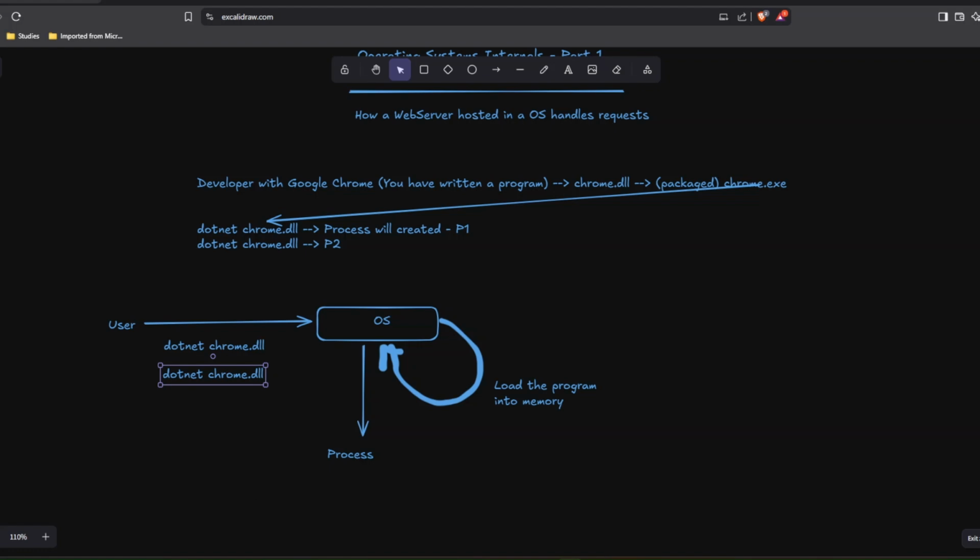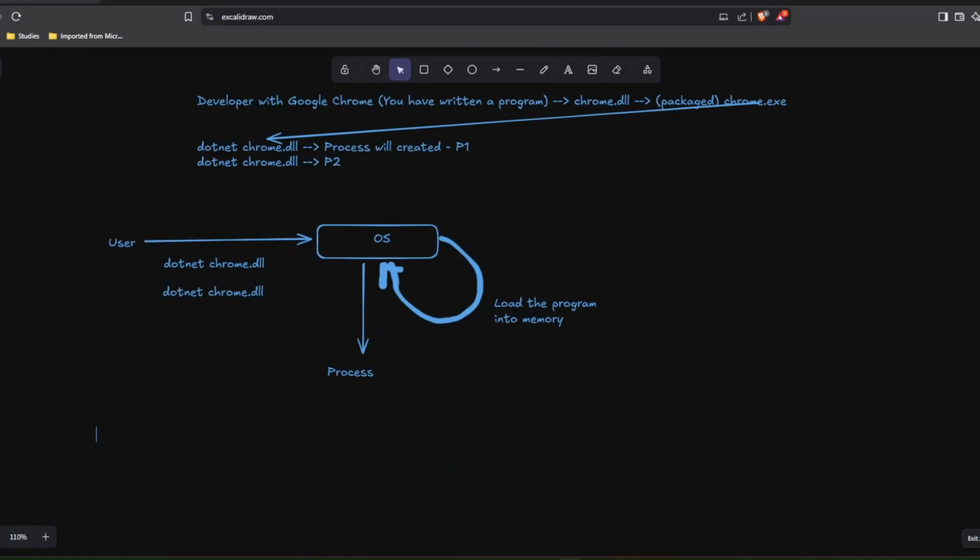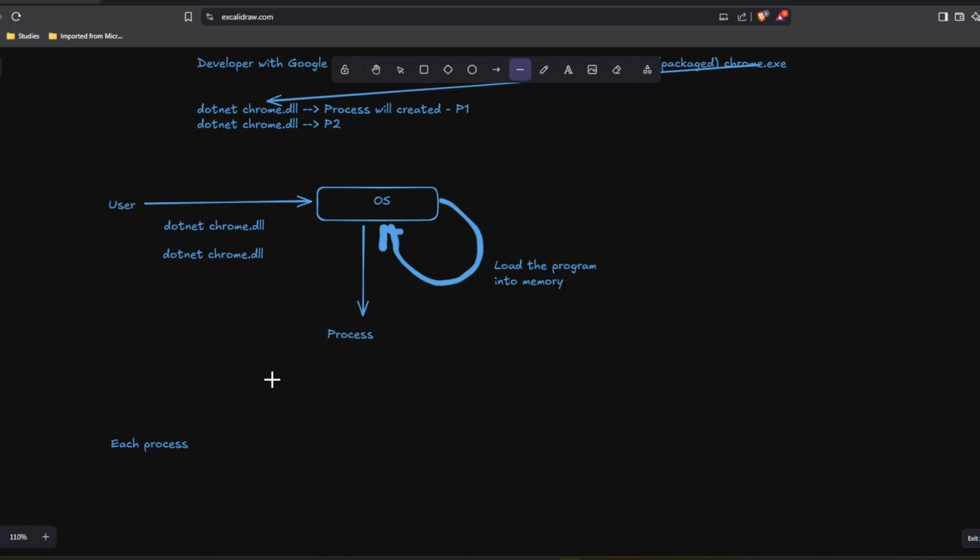Okay, so now for each of these processes, a few essential parts are there. The first one is of course stack and heap memory allocation. What goes into the stack and what goes into the heap, we will take an example program and try to explore that. And then after that there is